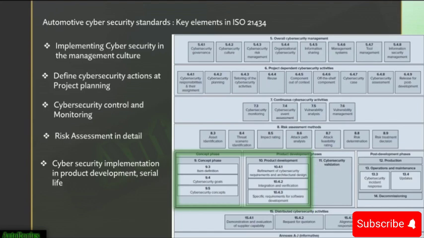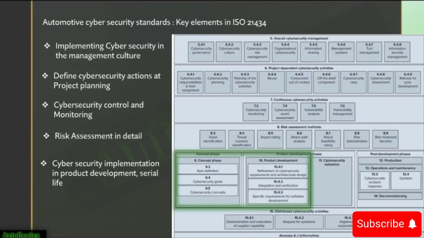So then in product development, the chapter describes the standard specification of the cybersecurity requirements and the architectural design related to the left leg of the development wheel model, which means a sample workflow for the product development, and the integration and verification activities corresponding to the right leg of the wheel model.